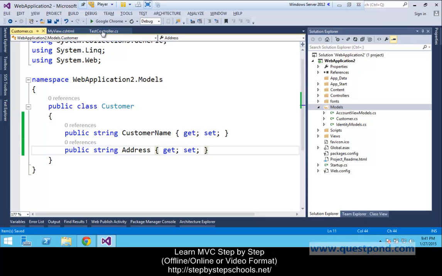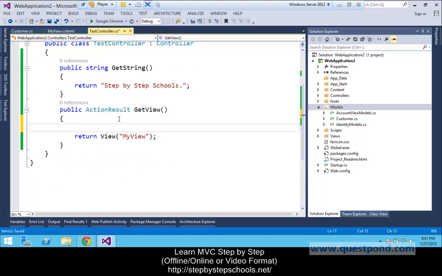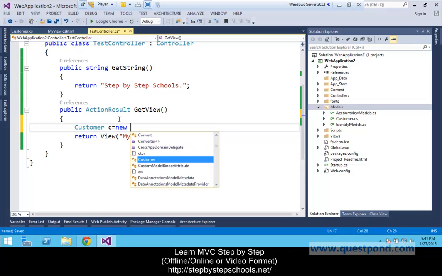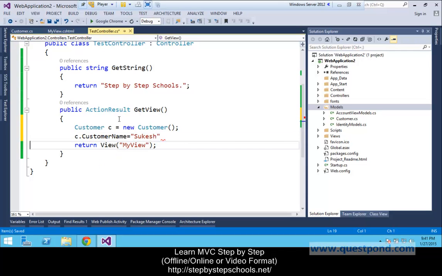Now we will go back to our controller, and in the controller first we will put our using statement, using MVC web application 2.models, and then we'll simply create a hard-coded customer here. Please note, we are creating a hard-coded customer object here, but in a real-time scenario we will get this customer from maybe a database. So we'll say c dot customer name equal to Sukesh and c dot address equal to, let's put Mumbai,